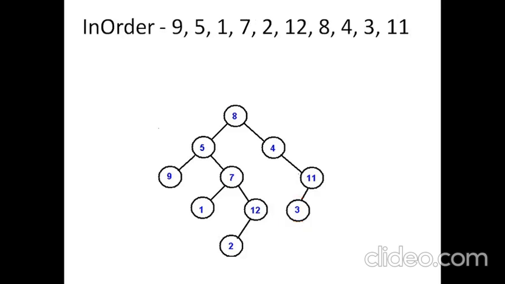Remember, in in-order we first print the left, then the root, and thirdly the right. So let us check whether it happens correctly. Here we go to 8, but we don't print it because it's in-order. Then you go to 5, then finally you go to 9. 9 is the left child of 5, and it does not have any more children, so we can conveniently print it immediately. So 9 gets printed. Now that we have printed the left child, we can also print the root, because the root is printed after the left.